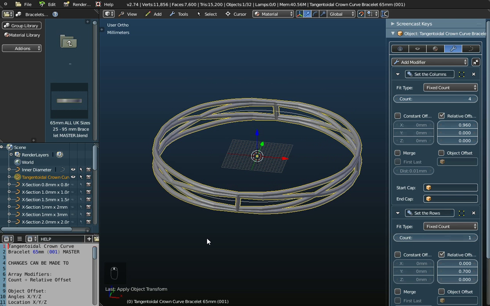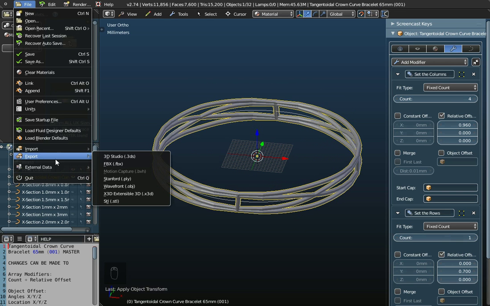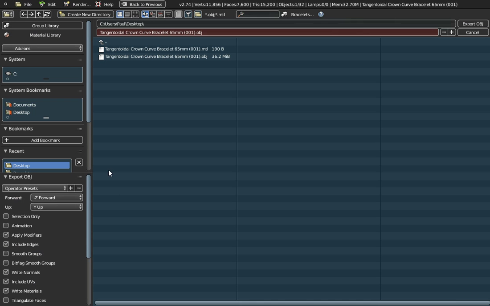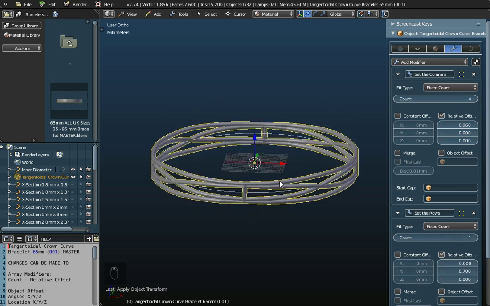So when you've got a bracelet that you're happy with, remember, don't go to File and Save, go to Export, and export it as a Wavefront object to the desktop. I've already got object number 1, copy number 1, so I'm going to change that to 002 and export that, and that should export quite a bit quicker, as you notice there, because there's only 4 copies of that